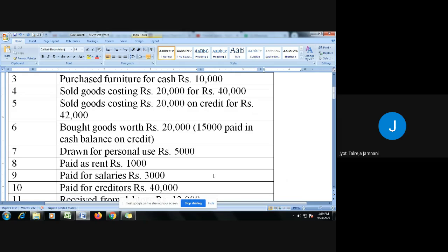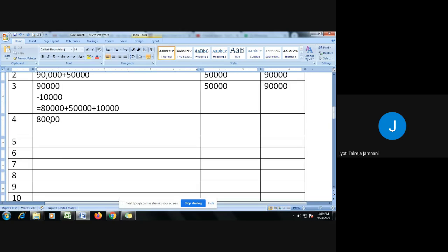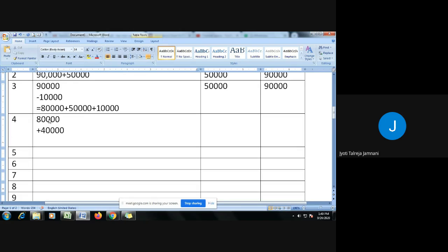The cost of the goods is set because we want profit. It is business. We cannot sell it at cost price. So when we sell it for 40,000, we receive cash of 40,000. The earlier cash that we had in the earlier transaction was 80,000. To this we add 40,000 because we are receiving cash after selling goods. So that becomes 1,20,000.